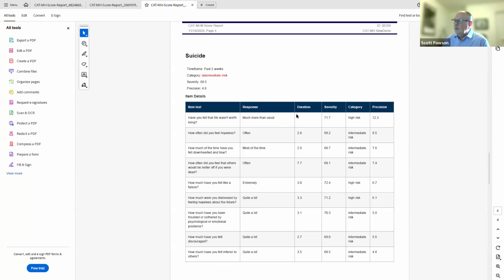Wanted to point out this one little thing here. It says, have you felt that life wasn't worth living? And if you remember, that was actually one of the first items that I responded to, and it was during the depression test. But because it was asked in depression, it's pulled over by the system and used in the suicide module. And that's why the duration, the time it took, is left blank, because it didn't take any time in